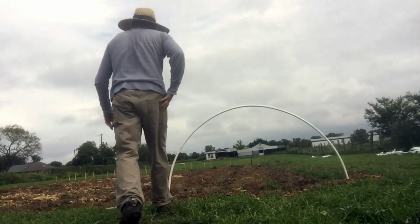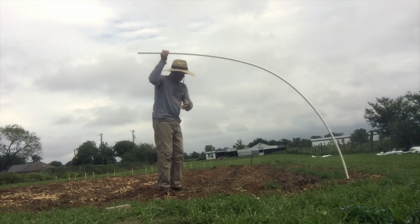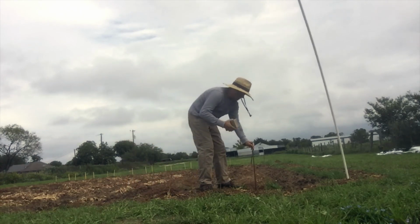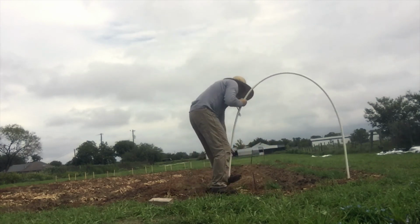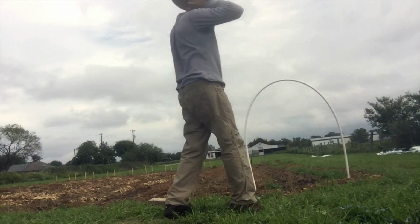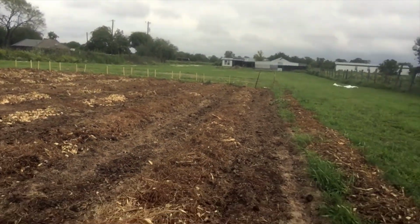Okay, so rebar here. I'm going to take this PVC pipe out here. Again, this was covering 2 rows, so I'm going to remove this. I'm going to go over 1 row here, PVC pipe like this. So you can see here, it's over one row. Still gonna have to kneel, duck down, but